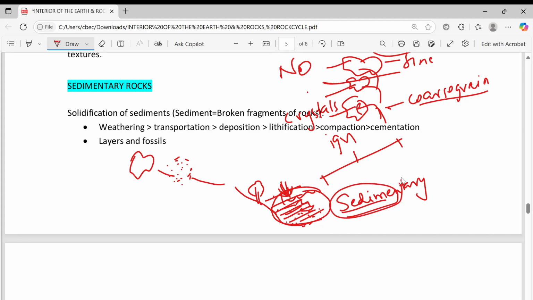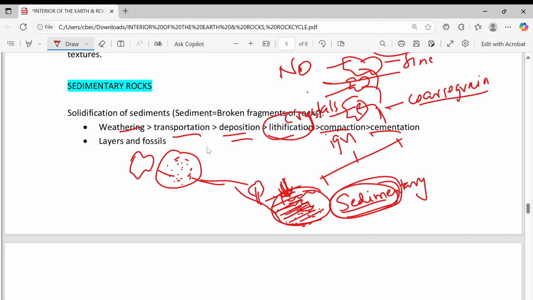Sediments means broken fragments of the rock. They keep coming and settling layer by layer. So here the process: first weathering, that is the breakdown of the rock. Then it is transported to lower parts and deposited. Then lithification, meaning becoming rock. These layers over time condense and form a rock. Then compaction, meaning becoming still smaller, and then cementation, where any gaps will also